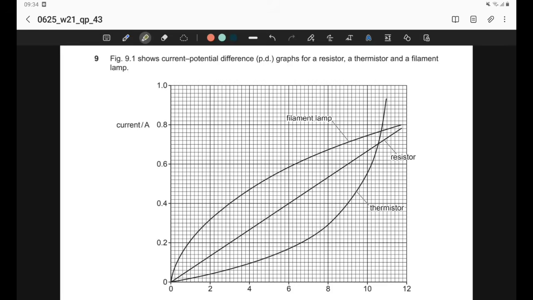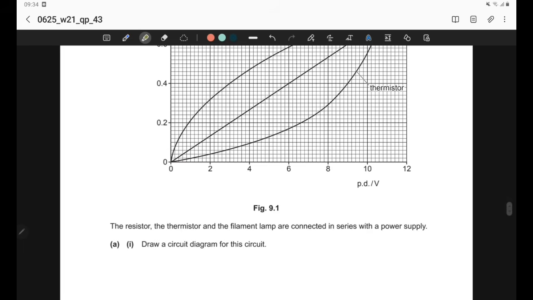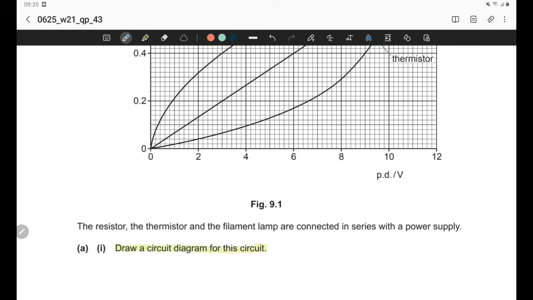Question 9. Figure 9.1 shows the current potential difference graphs for a resistor, thermistor and a filament lamp. The resistor, the thermistor and the filament lamp are connected in series with a power supply. Draw a circuit diagram for this circuit. So we should draw a circuit diagram where there should be a thermistor, a resistor and a filament lamp. All should be connected in series